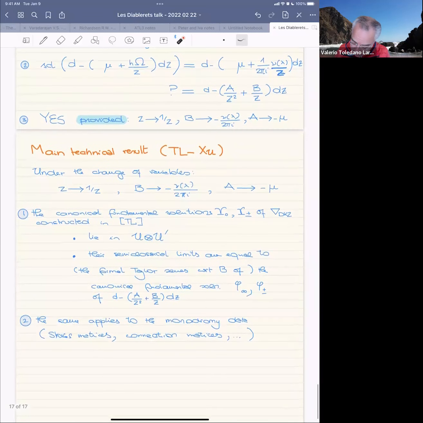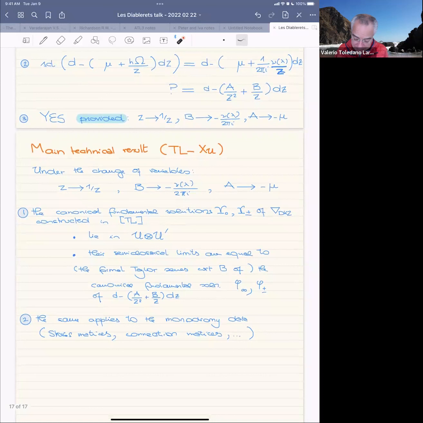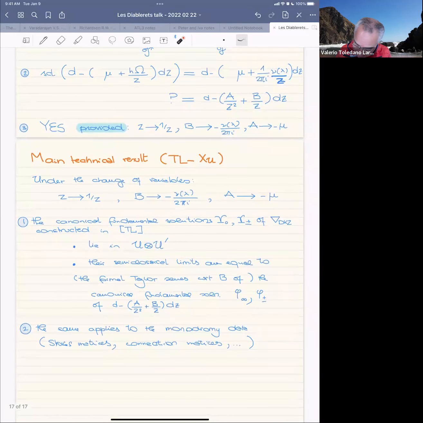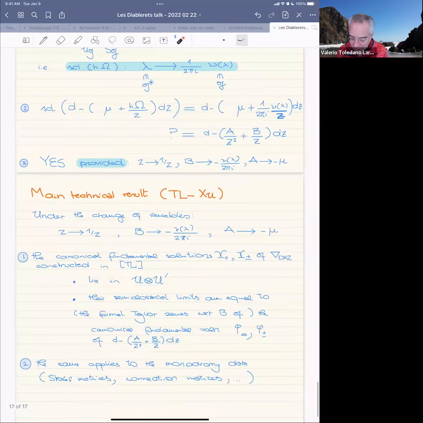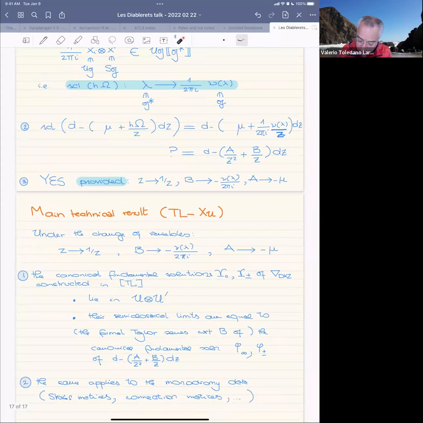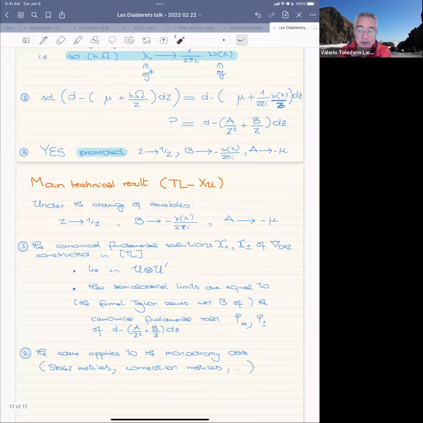And then once you prove that, then the same applies to all the monodromy data, so the Stokes matrices, the connection matrices, and so on and so forth. And this is the main result that you then need to be able to link. So this is the sense in which the dynamical KZ equation descends with all its baggage of solutions, monodromy data, to this differential equation with its own monodromy baggage, and then therefore that allows you to conclude that you have quantized the Stokes map. Okay, so I guess I ran a little early, but I'm done.